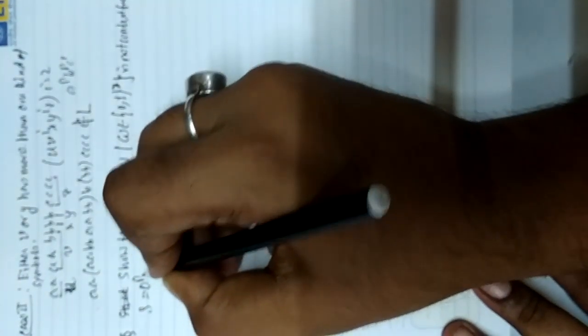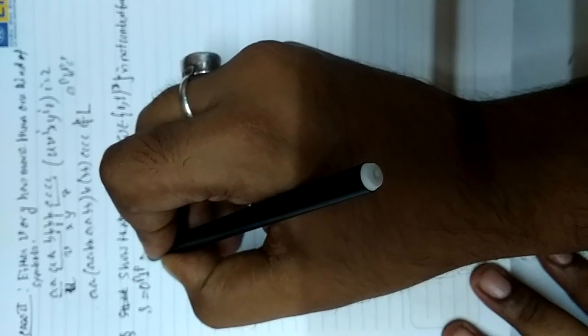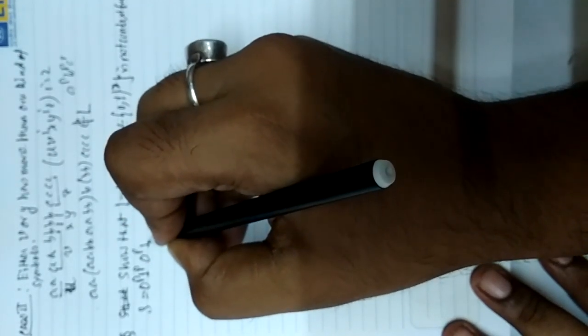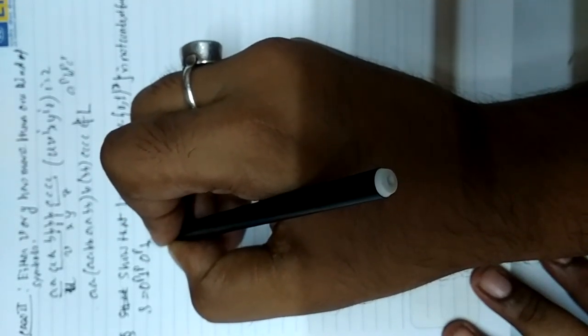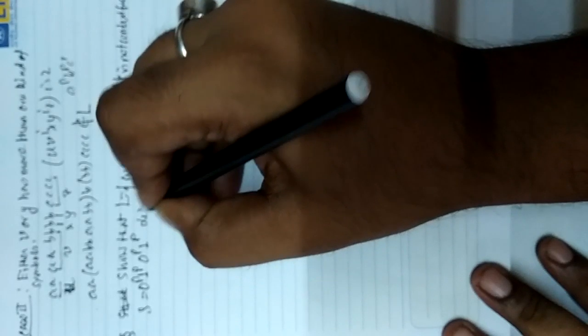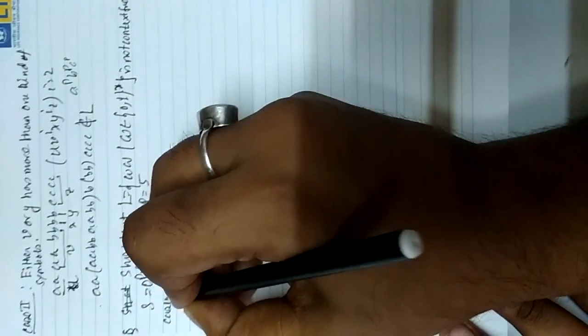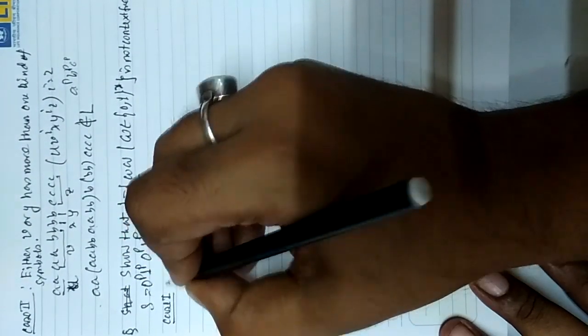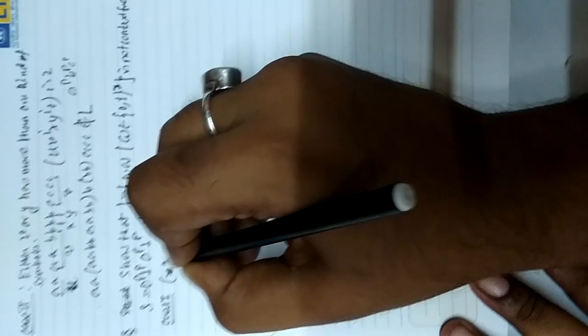Now let us take S is equal to 0 to the power P, 1 to the power P, 0 to the power P, 1 to the power P, and let us say P is equal to 5. Now there are many cases we will consider. So first one is case 1. Case 1 says that